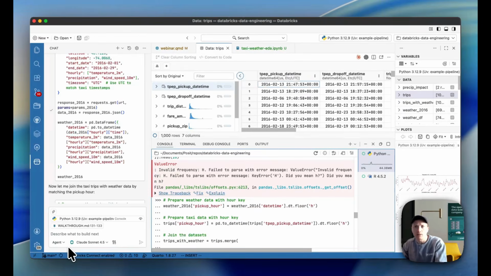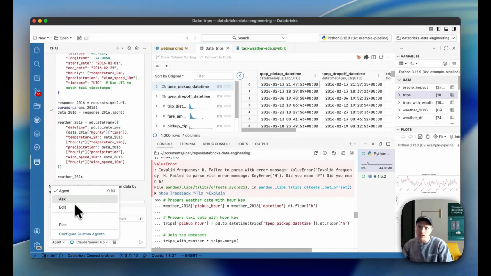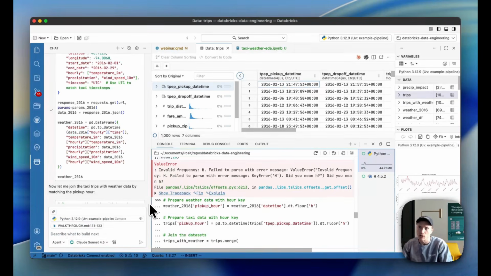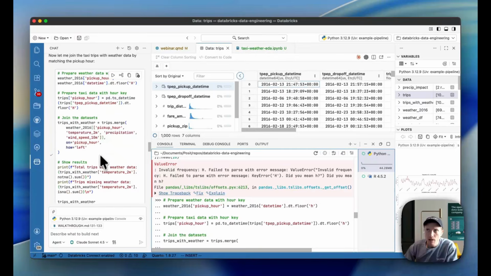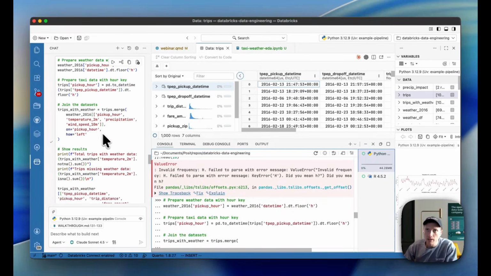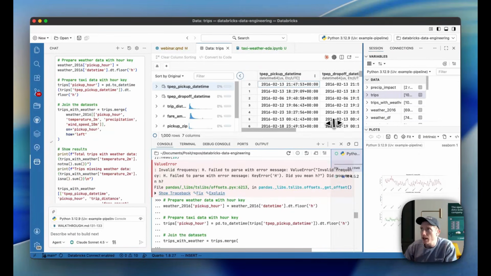And if we wanted to pull that back a little bit, if we wanted to stay in firmer control of what was going on, we could change the leveling here. We could say, just ask for permissions for everything, or you do have edit permissions. So we have the ability to change the behavior and the autonomy level that this tool has. Now that we've let this run, let's take a look at our